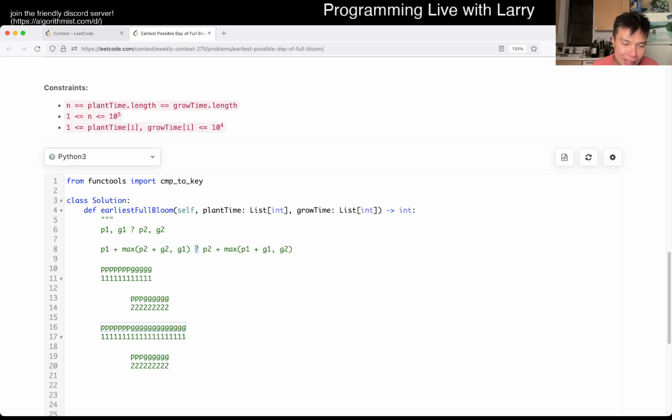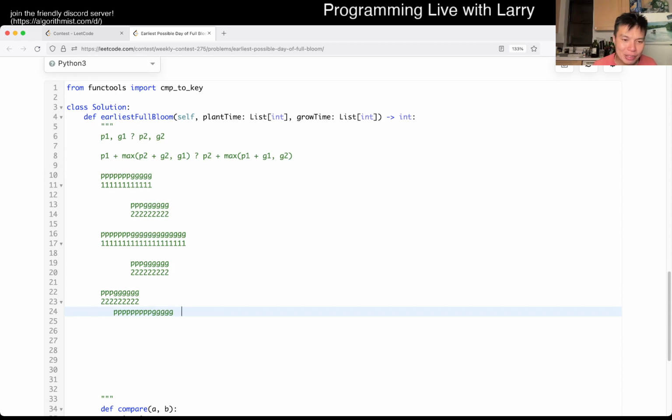And then we compare it to the same thing with P2. This is the same visualization except backwards. So we look at what happens if we plant P2 first. I guess I changed these, so it doesn't really apply as much here, but let's say we have this case, then we put P2 first, and then we do P1. But you get the idea. That's the formula that gives you the length of the whole thing.